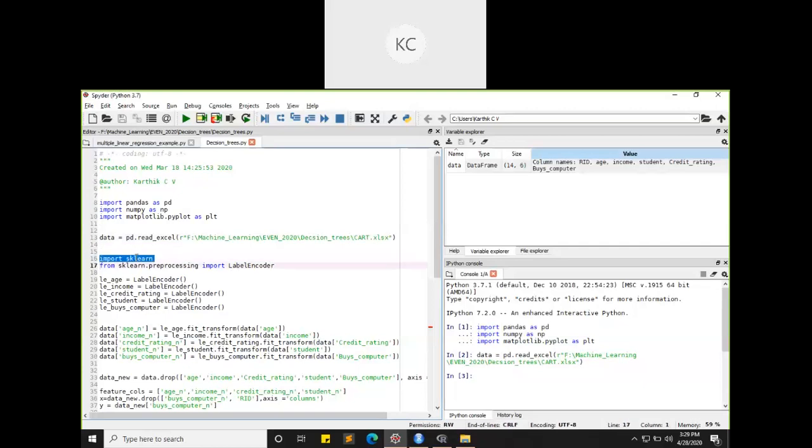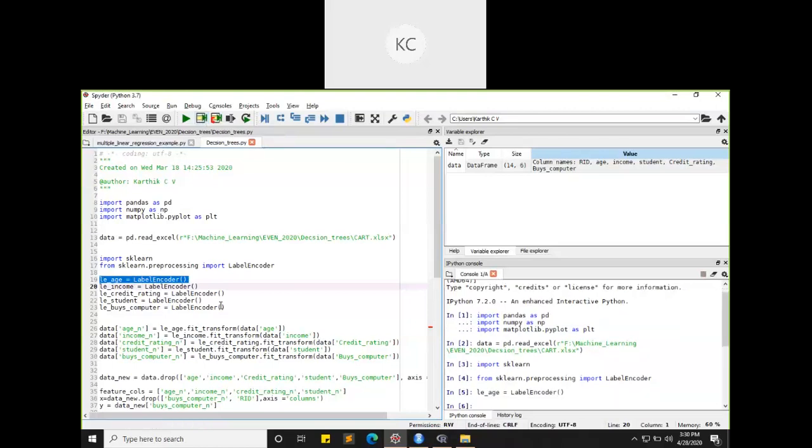The label encoder is present in a package called sklearn, which is also one of the libraries. I'm reading the sklearn library and importing the label encoder function. Now I'm creating an alias of this label encoder for each variable.